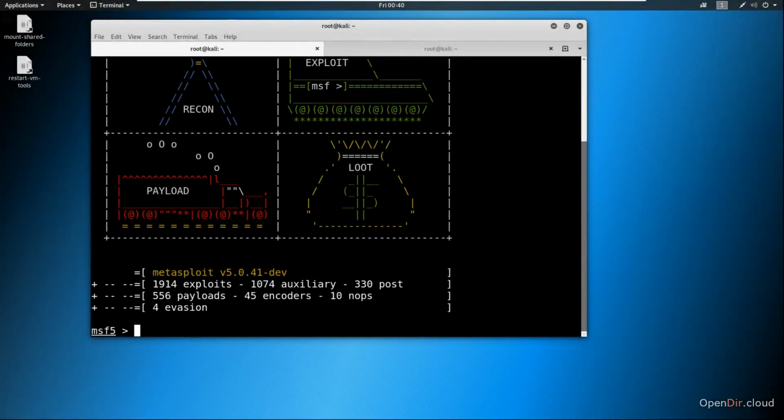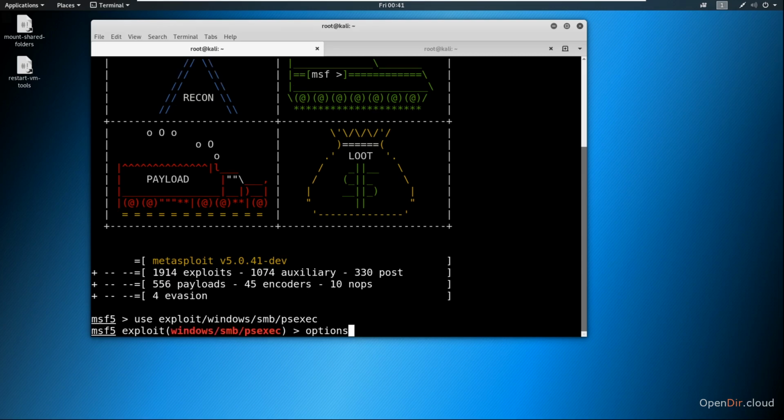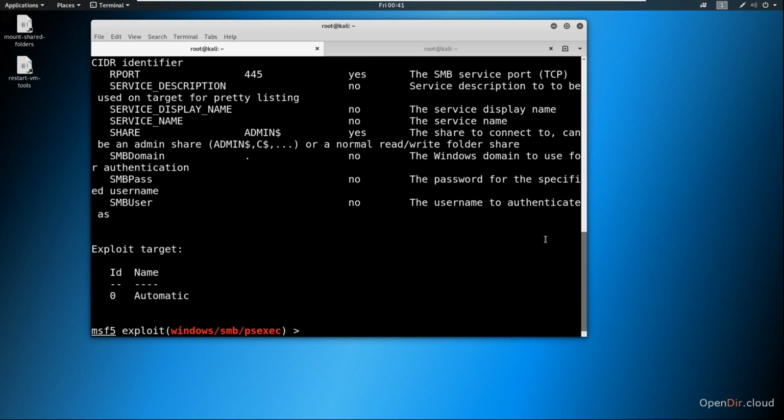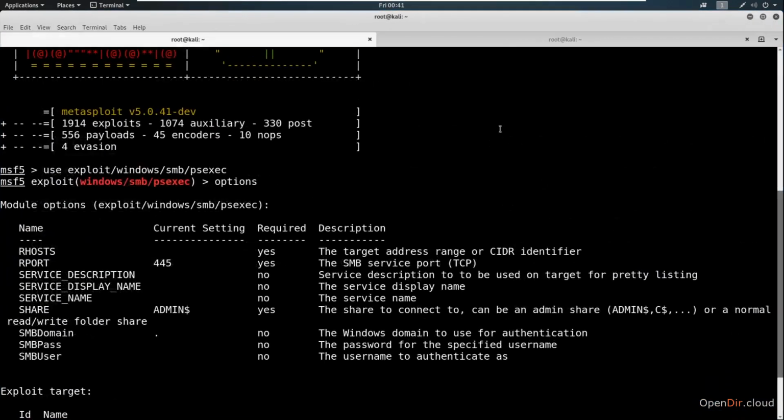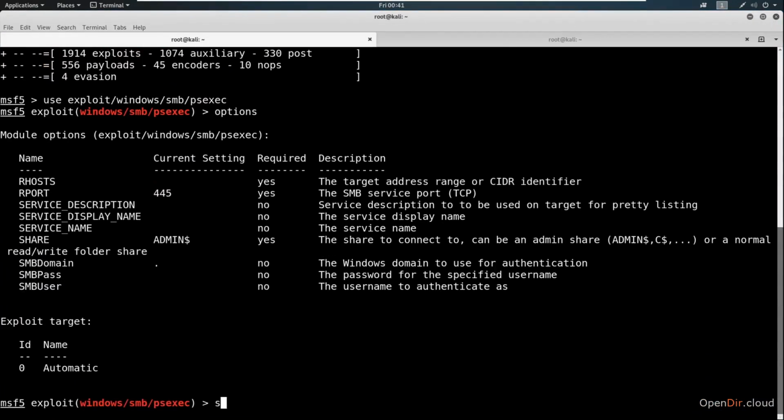Picking up right where we left off. So let's go ahead and use psexec. So I'm going to say use exploit Windows SMB psexec. We'll say options. And then I'm actually going to make this full screen just for ease. We're going to set the RHOST to